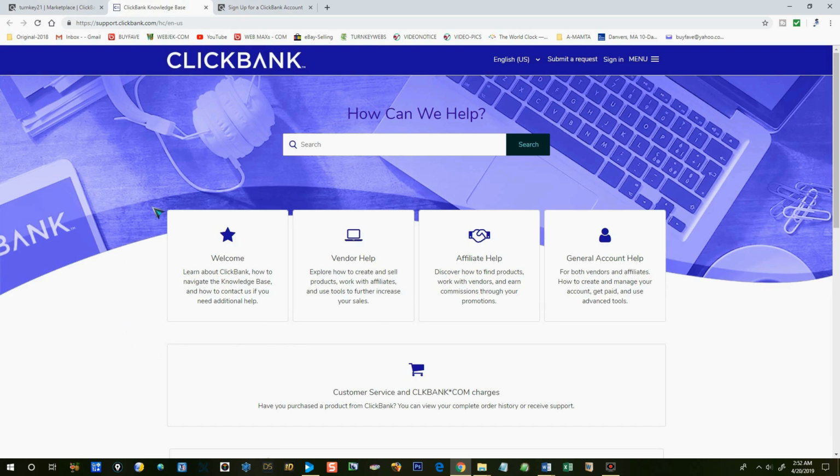So that's a must read. It's better practice to read and understand what it's all about. Vendor help, affiliate help, general account help, submit a request,